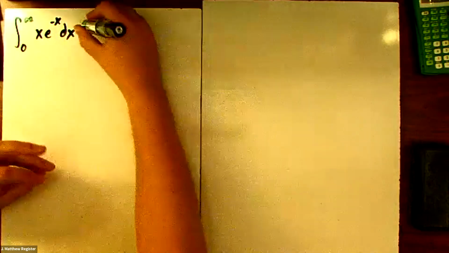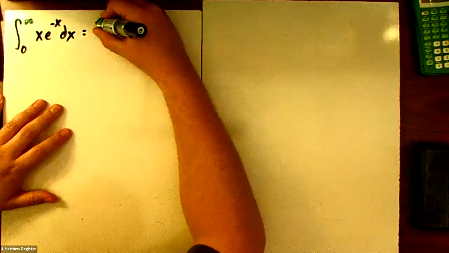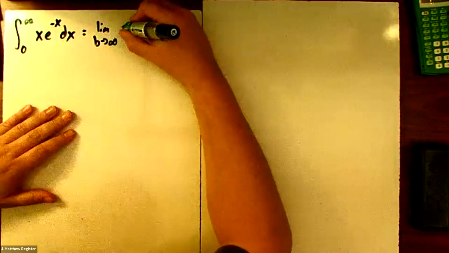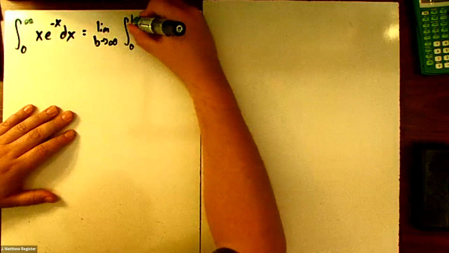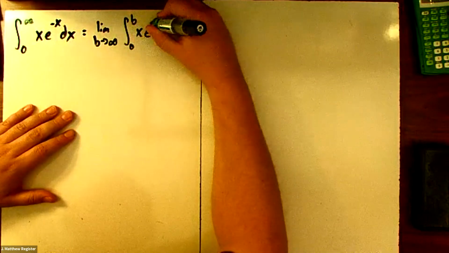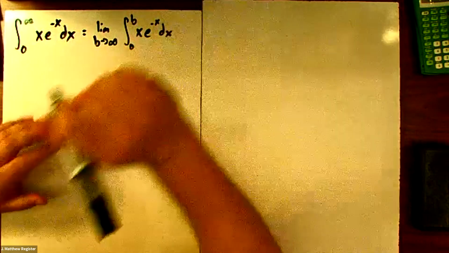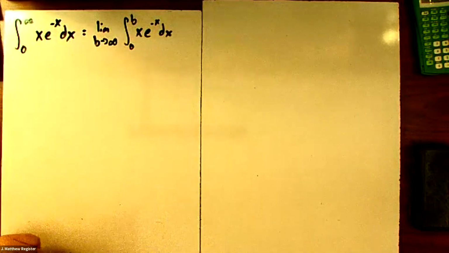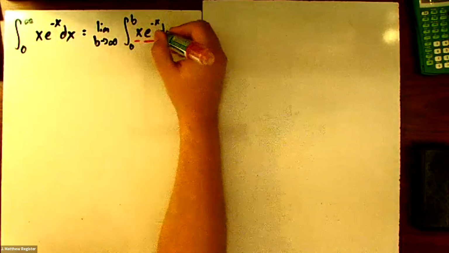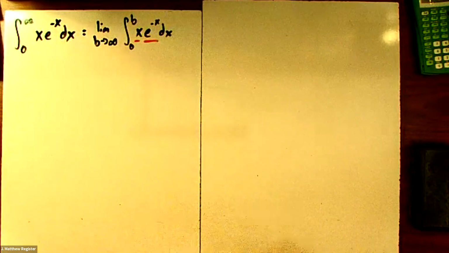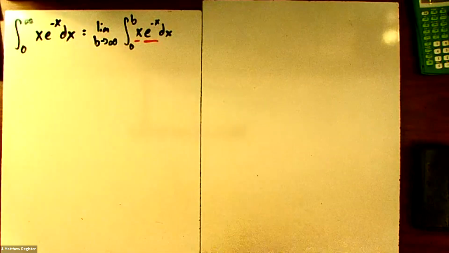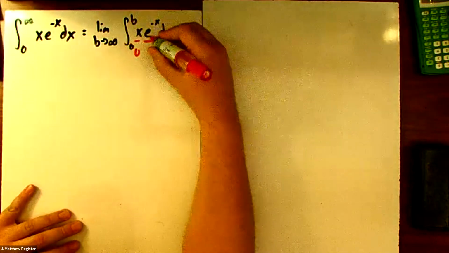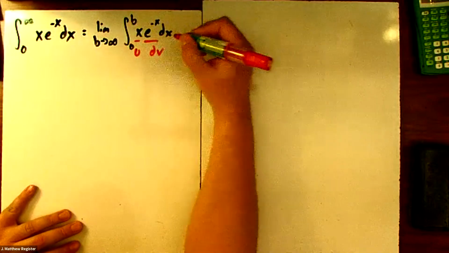And so again, we should rewrite this. We should say that this is the limit as b goes to infinity of the integral from 0 to b of x e to the negative x dx. And then we want to try and figure out which technique we need to use. In this case, we have the product of 2 things. There really isn't an interior function though, and so that tells us that we probably want to use integration by parts. If we let u be our x and our e to the negative x be our dv, then we would get